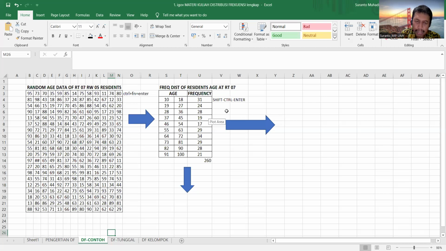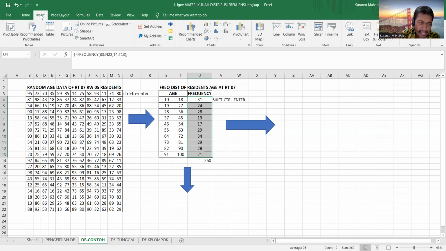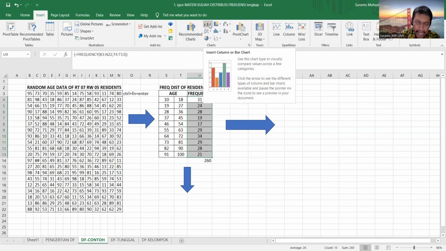The first step, you should highlight the frequency. The second step, you should take Insert and choose here. There is a button regarding the chart or bar chart types.